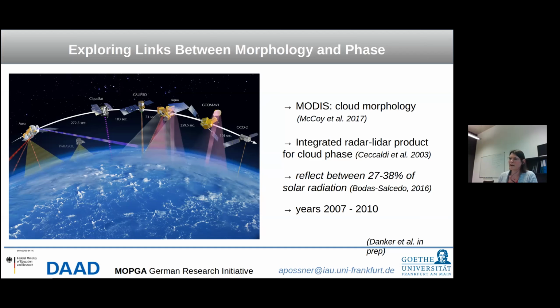And behind Aqua sits Calypso and CloudSat. These are different approaches. So they actually send out an active signal down to Earth, and that's then reflected backwards, and that's what we analyze. So they can provide a vertical profile of these clouds, and a combined assessment between Calypso and CloudSat, which do this at different frequencies, allows us to distinguish what the vertical phase distribution is within these types of clouds.